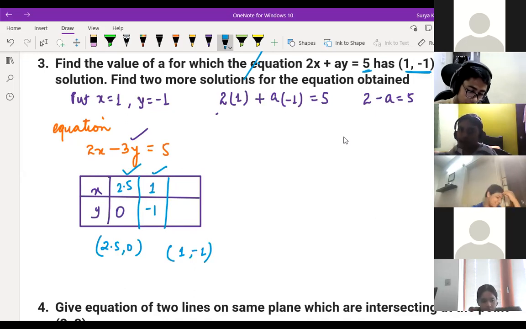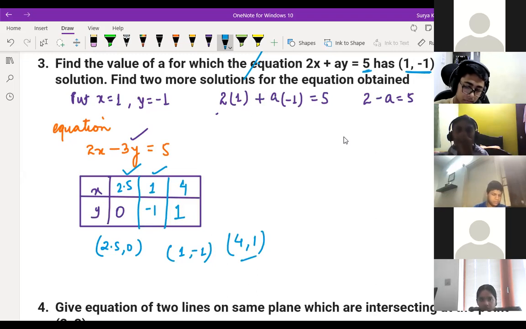Yes, fine, sir, I can take that. Two others you can find also. So if you put the value, what will come? 3 plus 2, 5. 4 will come. Now if you put y is equal to 1, then what will you get? 5 plus 3, 8. 4 only you will get. So this will be 4 comma 1.